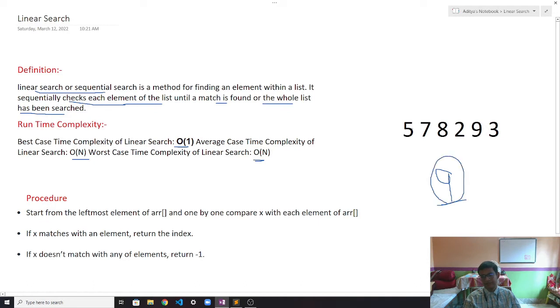We will start one by one with 5, and traverse one by one till we get 9. Okay, here is 9, we got it. So 0, 1, 2, 3, 4, it is at the 4th index. This is how we perform the search. We traverse one by one through each element and get the element's index.